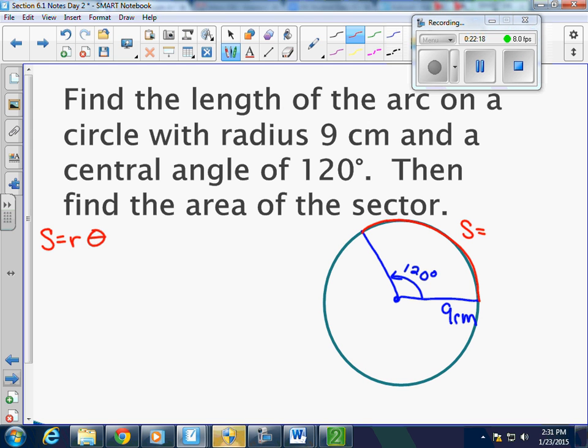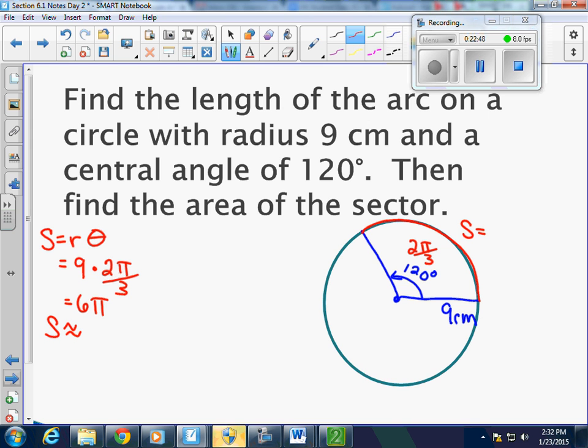Are we there? No. So this is a nice angle, a yummy angle, 120 degrees. What is our radian measure? Good. So this is really 2 pi over 3. As we plug things into our formula, I've got 9 times 2 pi over 3, and 18 pi divided by 3 gets me to 6 pi. When you multiply things through, our arc length is about,